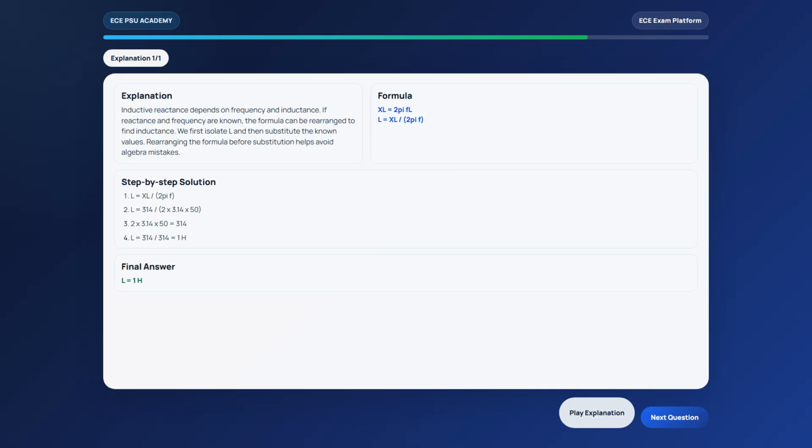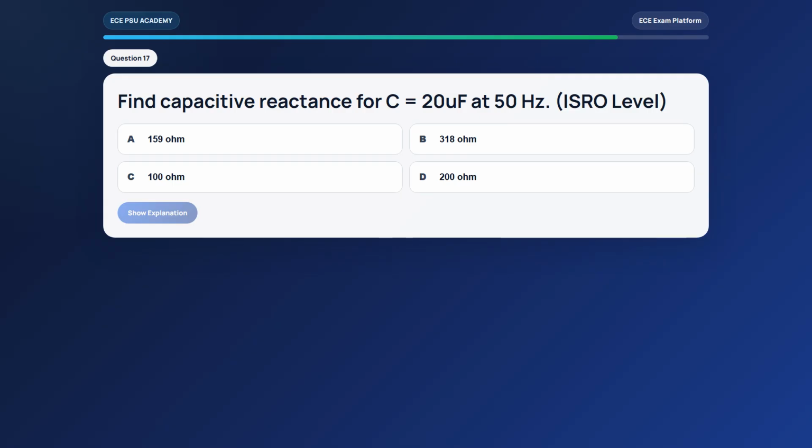Now calculate, inductance equals 314 divided by 2 x 3.14 x 50. Now calculate, 2 x 3.14 x 50 equals 314. Now calculate, inductance equal